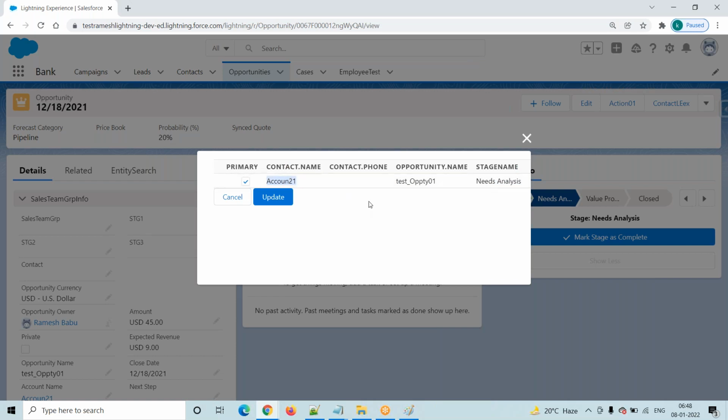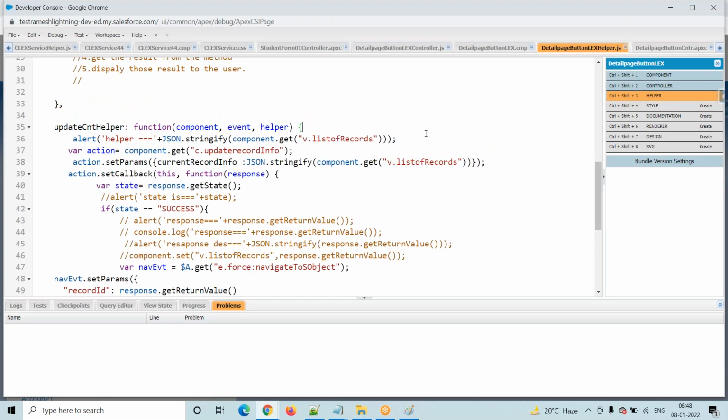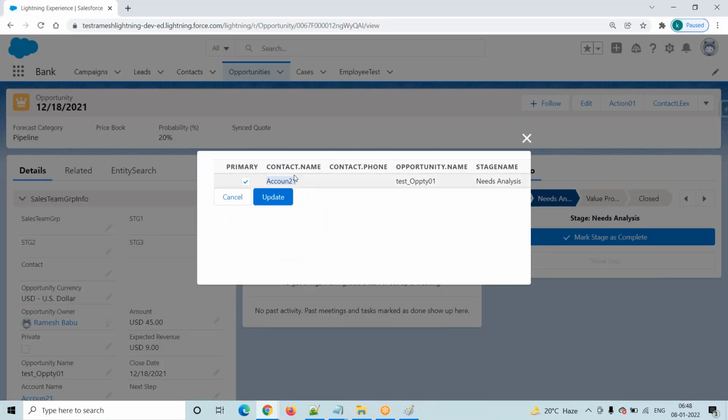How to pass the complete record? Here you have to observe. Suppose we want to pass a particular variable, then component dot get v dot record id, directly we are passing, right? Here I am not passing this contact dot name or some other field. We have to pass the complete record.